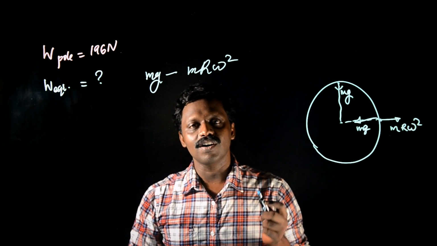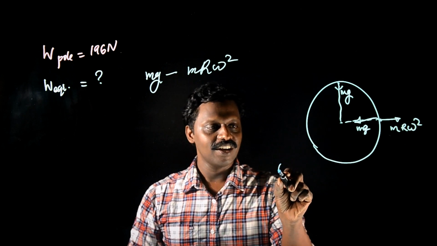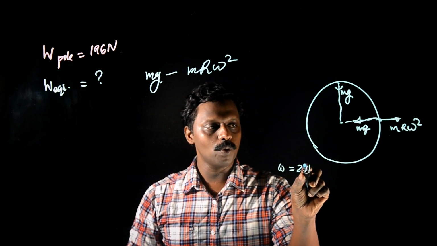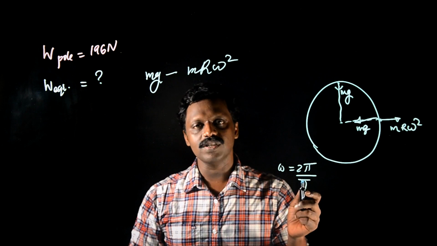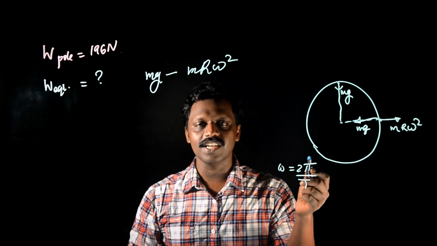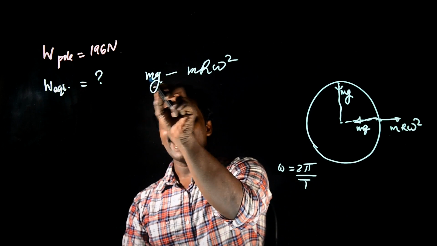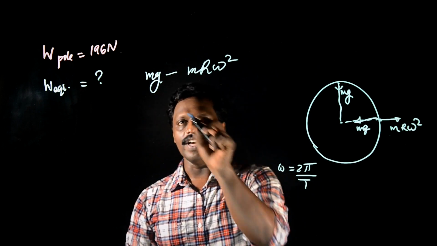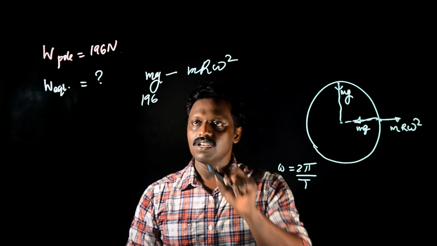Angular velocity of rotation of Earth is not given, but we can easily find that using the relation 2 pi over T, where T is the time period of the rotation of Earth, which is 24 hours. We can convert it into seconds by multiplying with 3600. So mg will be the weight at pole, 196. So